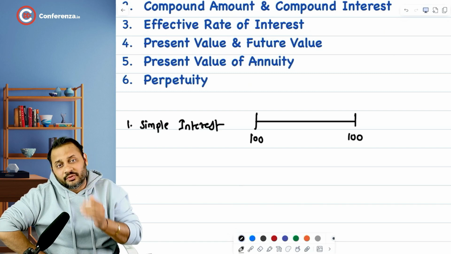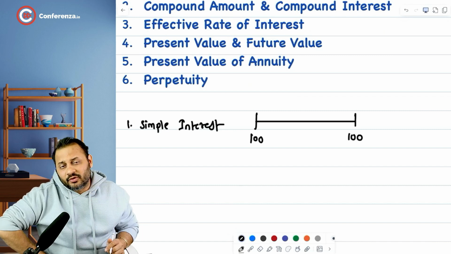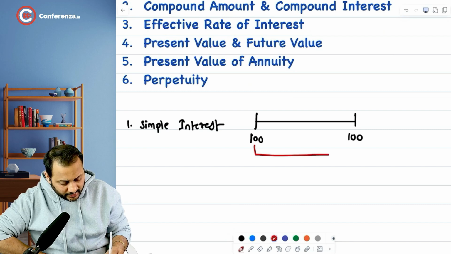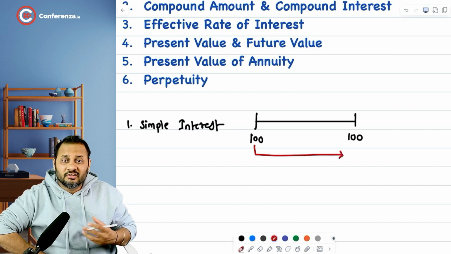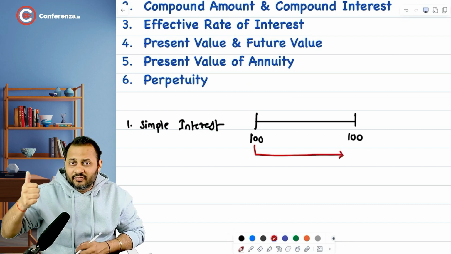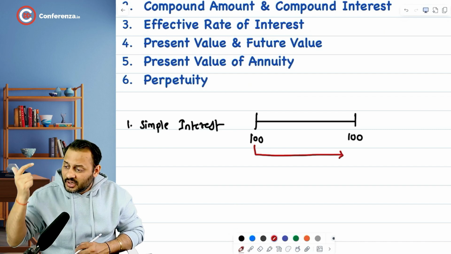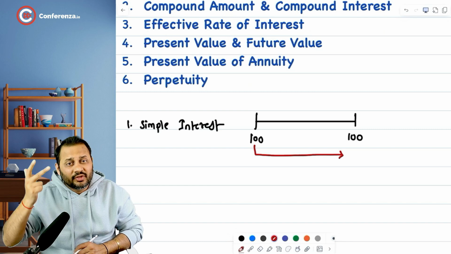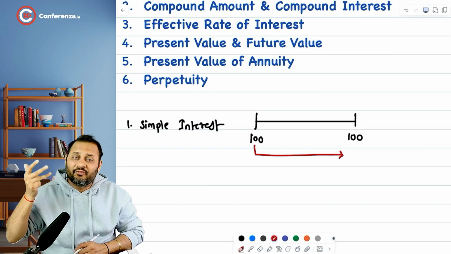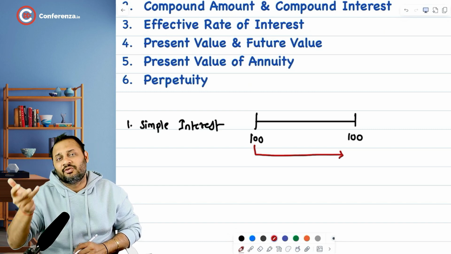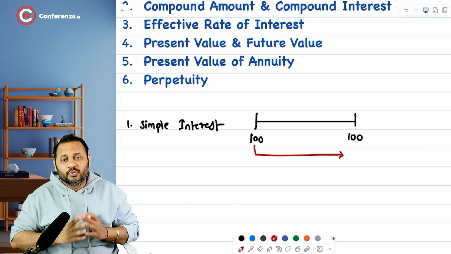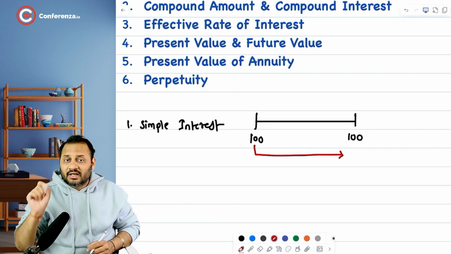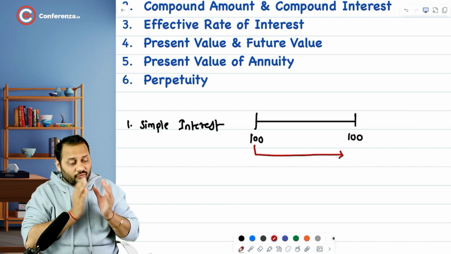That means in option 1 today, because once you receive 100 rupees from me today, even if it is not required by you, you can put it in some kind of investment and earn something on it. If you put it in equity, you can get a capital appreciation. If you put it in real estate, you can get a capital appreciation. If you put it in business, you can earn some profit on it. If you put it in a fixed deposit, you will earn some interest on it. So there are multiple ways to increase your wealth by following this concept that